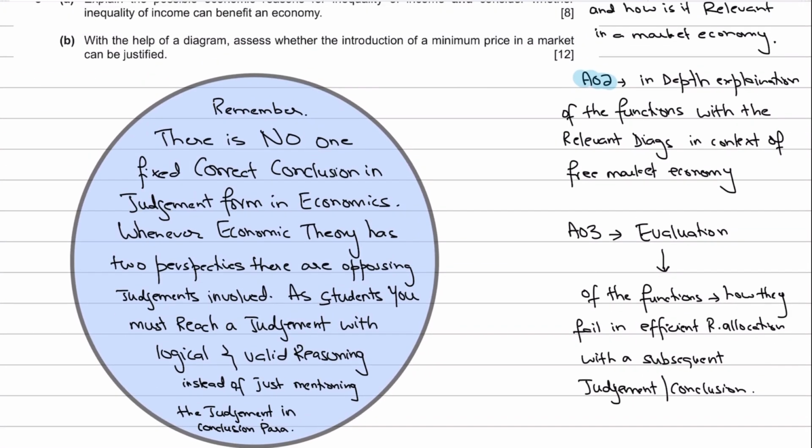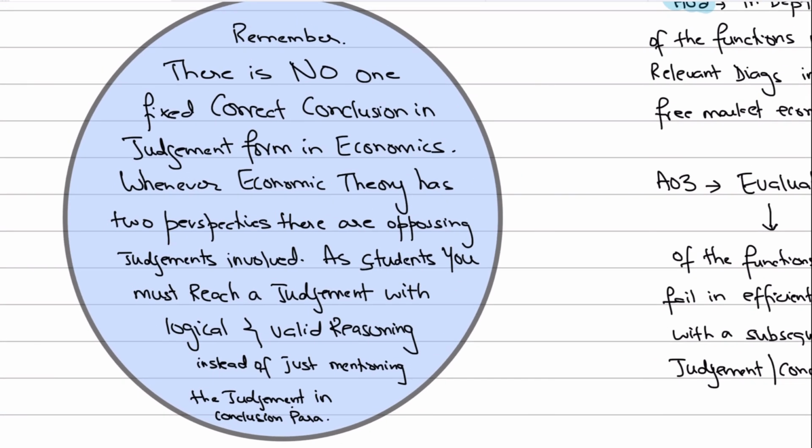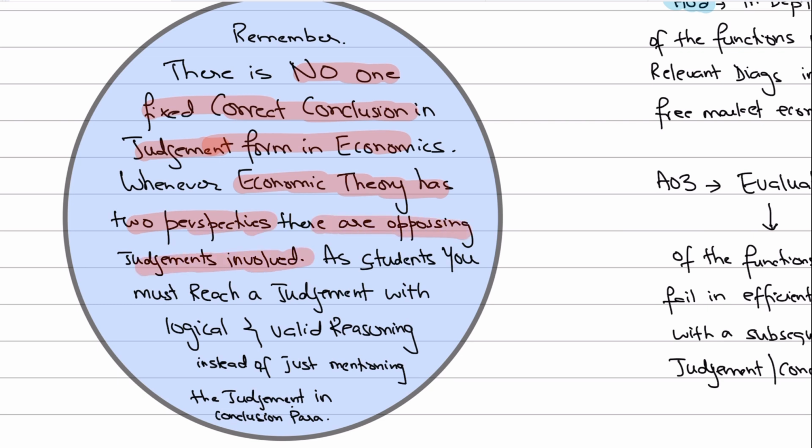One thing you need to remember is that there is no one fixed correct judgment or conclusion in economics that fits all. There will never be one fixed conclusion that fits all. Whenever economic theory has two perspectives, there are always opposing judgments involved. So whether the question says discuss whether protectionism should be applied by the domestic economy,